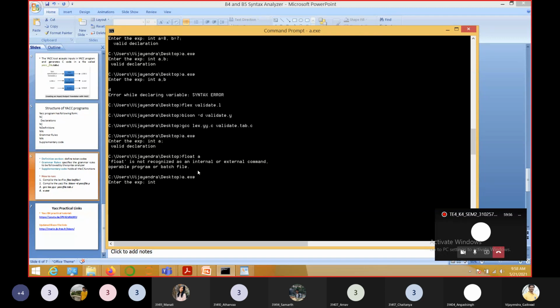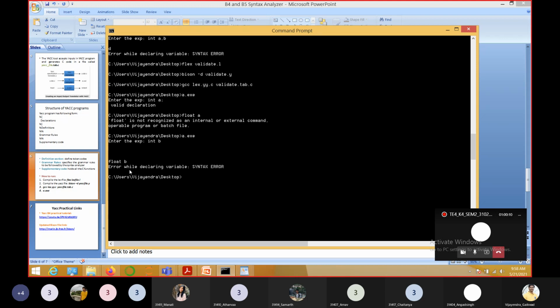If I put int b and I don't put the semicolon, it is going to terminate abnormally. If I have to see the statement, it is providing me the error statement, error while declaring variable, a syntax error.